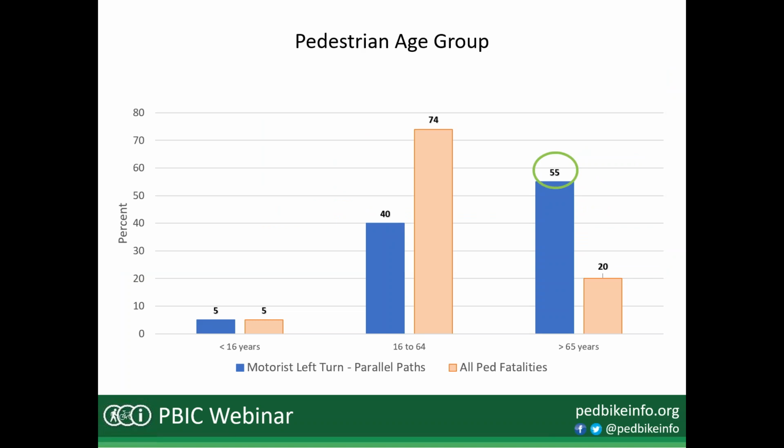Finally, we took a look at the age of the pedestrians involved. What we see here is comparing the age group of pedestrians involved in this crash type, the blue columns you see there, compared to all pedestrian fatalities. And what we see is a high overrepresentation of pedestrians 65 and over in this type. So this is a percentage, 55% of these fatalities due to this crash type involve pedestrians 65 years